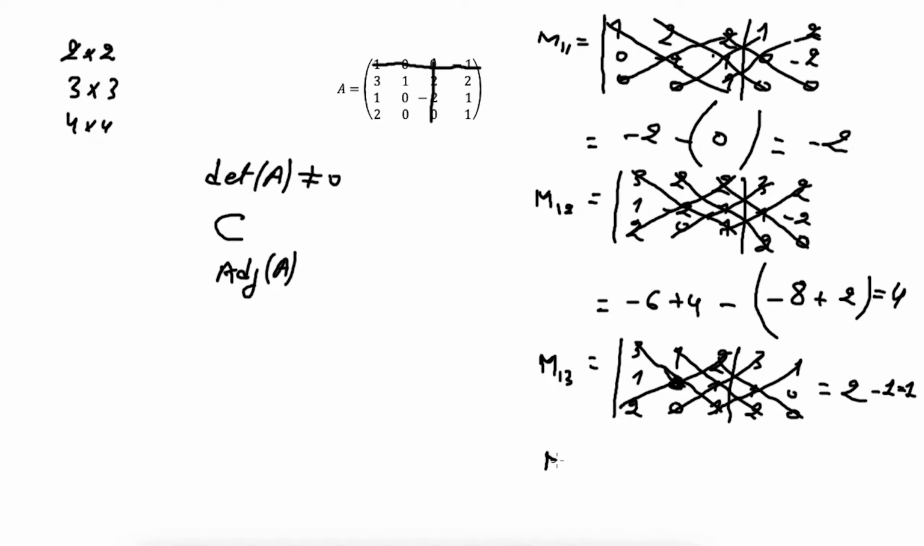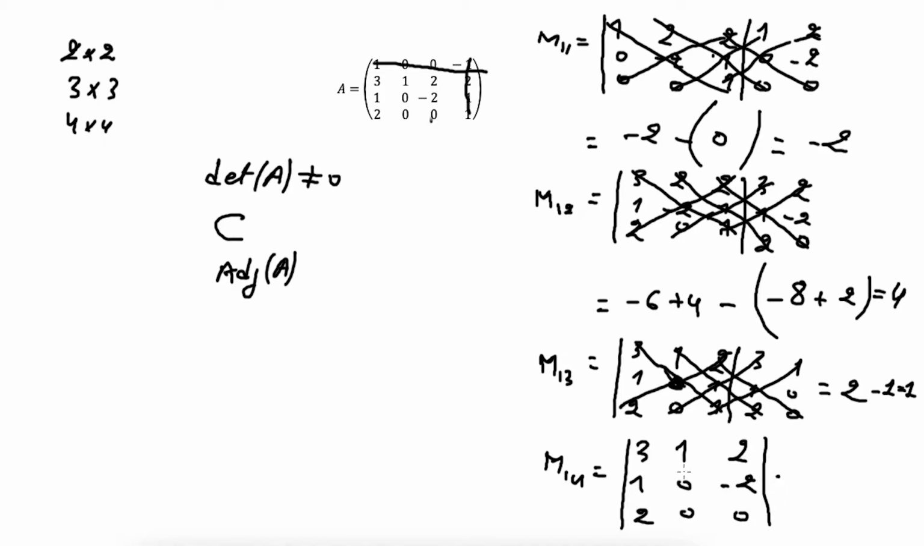and M44, here we will write this element here, is the minor of this element here, so the remaining matrix will be 3 1 2, 1 0 0, 2 minus 2 0,